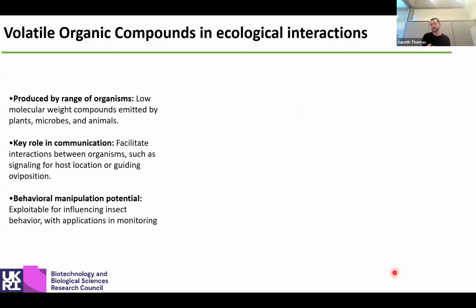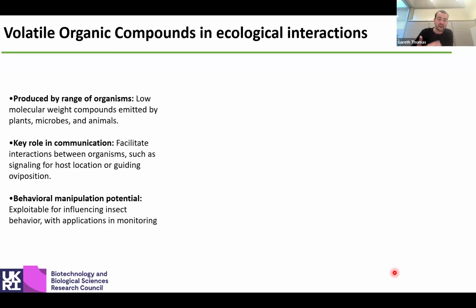Some common examples that you might have heard of are insect pheromones. These volatile organic compounds can play a role in communication between organisms. The reason why we're looking at them is because you can exploit these volatile organic compounds to manipulate the behaviours of pests and pathogens. And what I want to highlight to you is that these volatile organic compounds do already seem to